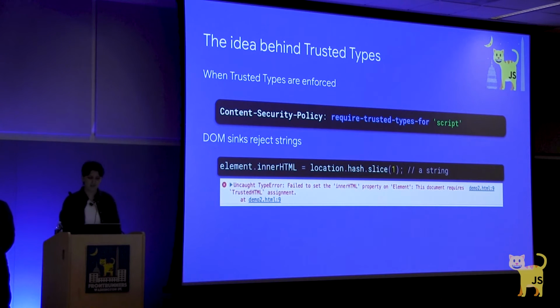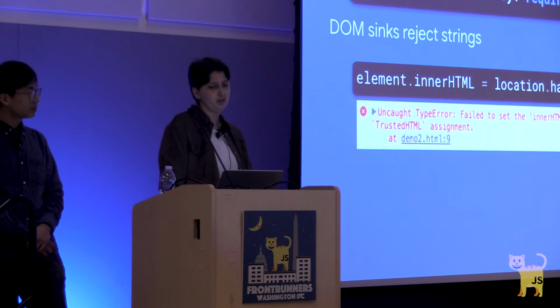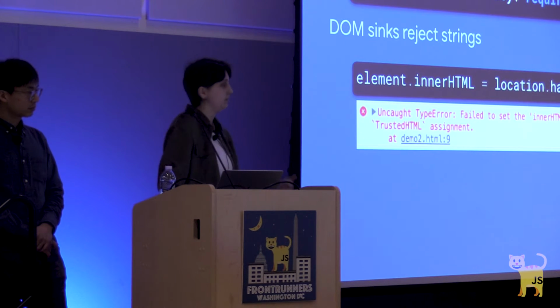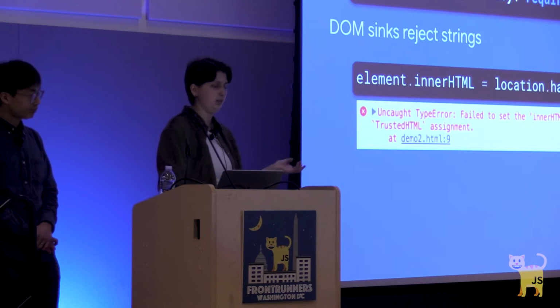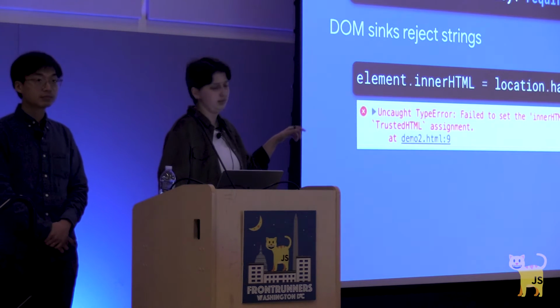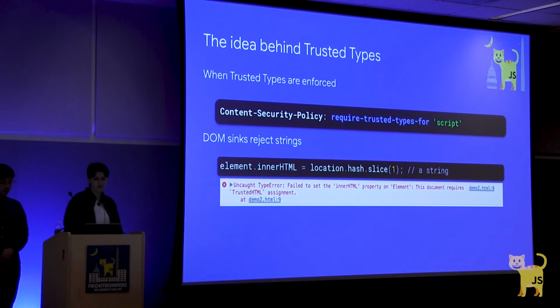enable this for us? Currently, this is only supported in Chromium-based browsers, but we're making good progress with other browser vendors as well. Once we send this header, the browser will reject plain string assignments to DOM sinks and require that the typed objects we discussed in the previous slides be used with these APIs. So if we try to execute this code snippet, which was the DOM XSS payload from the previous section, we'll see the following error message in our Chrome console saying that we need a TrustedHTML instead of a